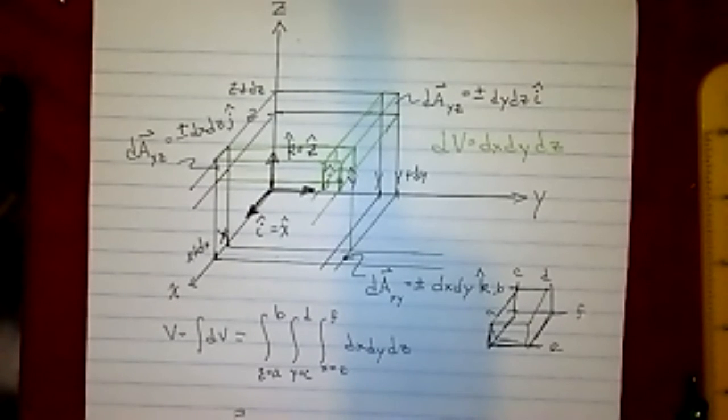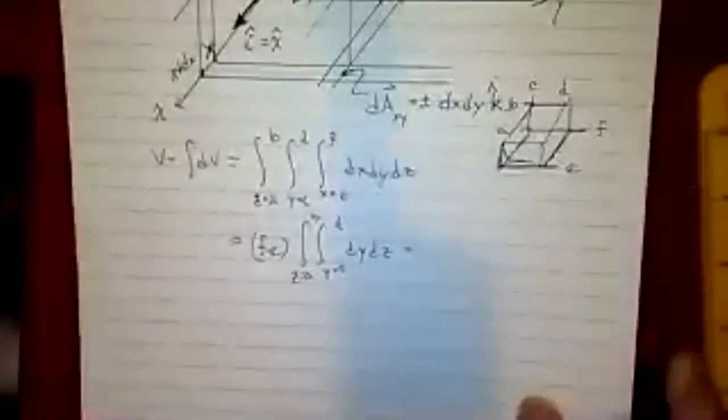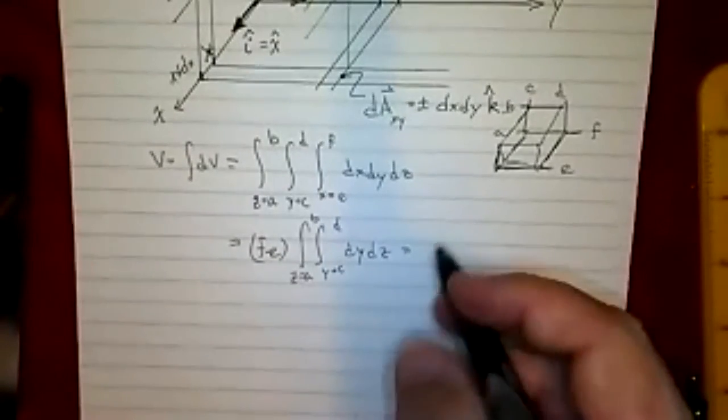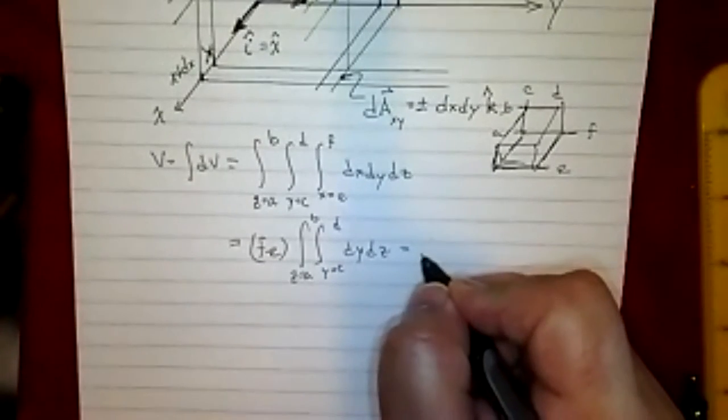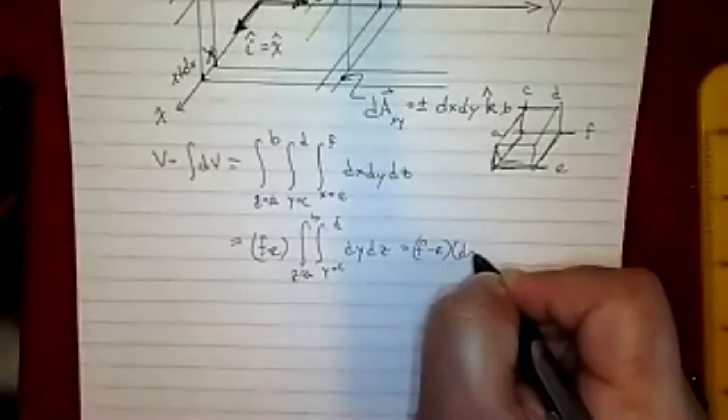So I get f minus e times the double integral, z equals a to b, y equals c to d of dy dz. Of course, the integral of dy is just y evaluated from c to d, which is d minus c. So now I have f minus e times d minus c